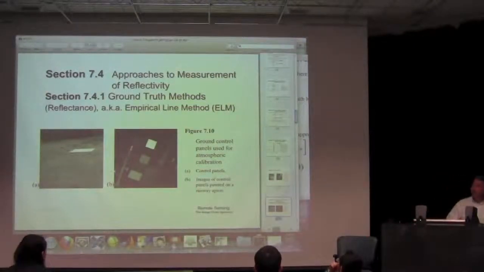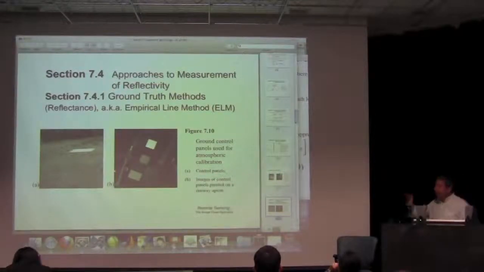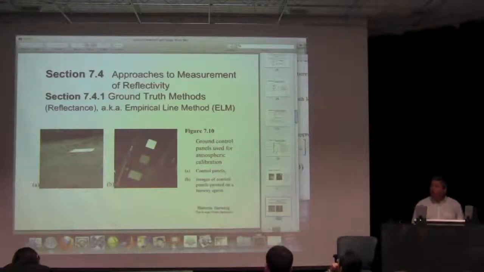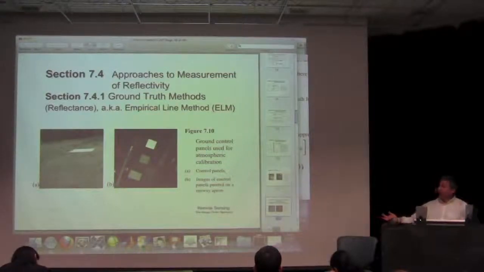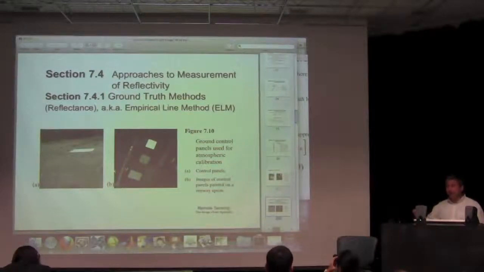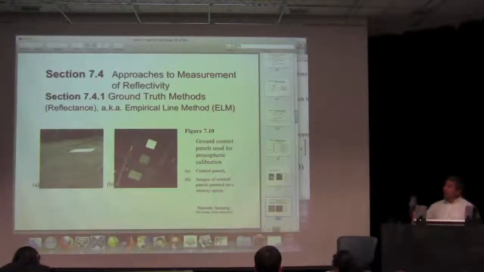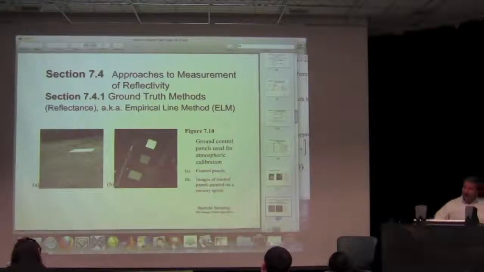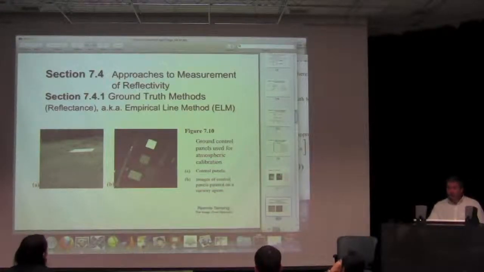So if I can have known reflectance targets in the field, my objective in the visible part of the spectrum, in the SWIR and near IR, is not to do what we were doing in thermal, where we were trying to come up with temperature. Here what I'm trying to do is come up with reflectance, because reflectance is a physical parameter that I can use to characterize what material I'm looking at, or the condition of the material that I'm looking at. So that's where I want to get to here. I don't want to get the temperature as we were doing over the past couple days, but I want to get to reflectance. Just like in the case of thermal where I had some targets in the field that I knew their temperature,